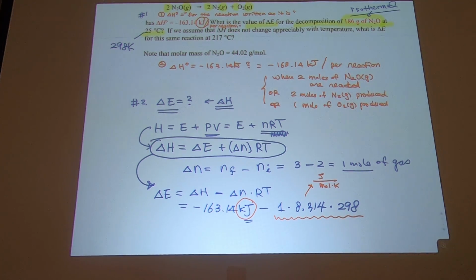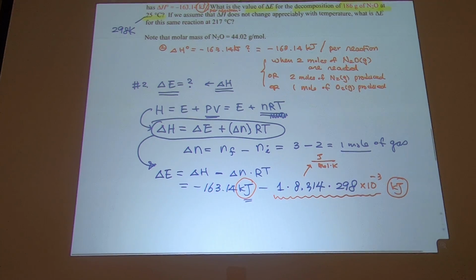It doesn't make sense. So all you gotta do is, well, I'll just make it up, I simply multiply by 10 to the minus 3, and make sure you put it, saying I know what I'm doing, it's a kilojoule in that unit. And then you're pretty much done and ready for plugging into your calculator. All right, and then what do you have? Minus 165.62